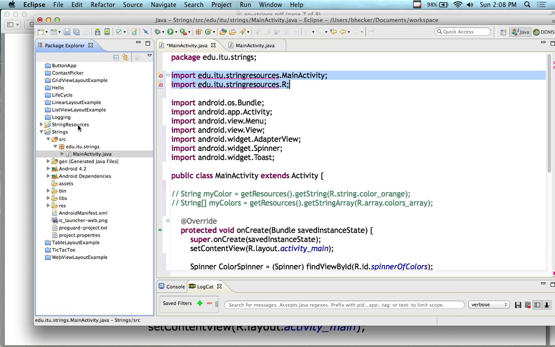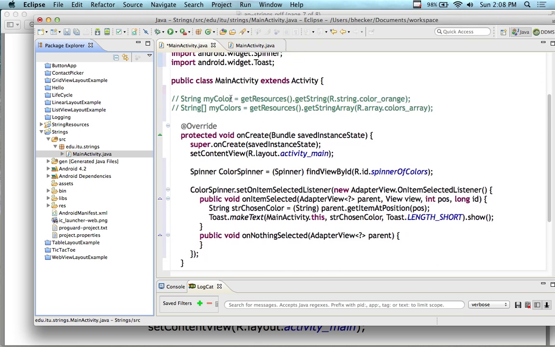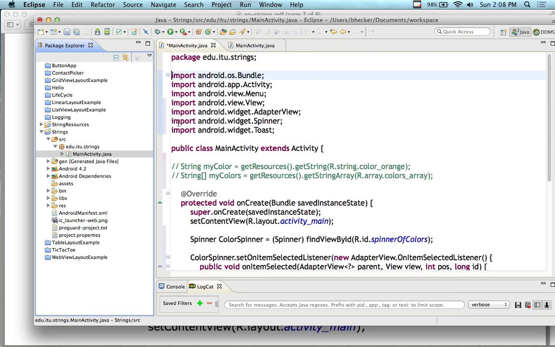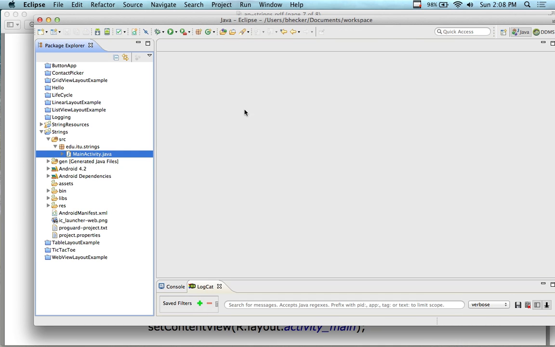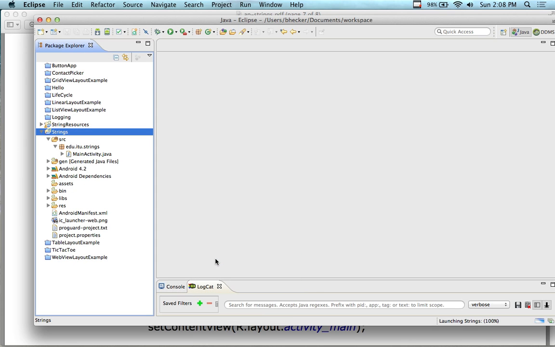It's an Xcode issue. Excuse me, it's an Eclipse issue. We're working with Eclipse today, not Xcode. It's an Eclipse issue. Xcode actually doesn't have that problem. But anyway, I removed it because it didn't like my cutting and pasting. So now I'm going to close both files here and make sure that they're saved correctly. Now if I run the application itself with the corrected code to implement it,